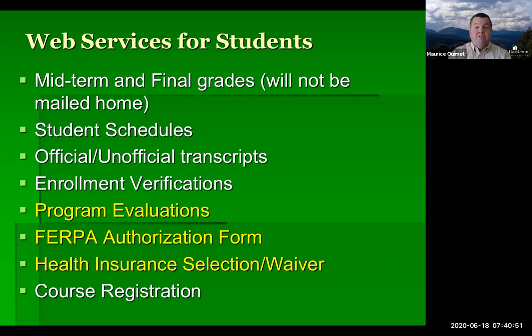For high school students coming right in, you may have taken an AP course, or you may have taken an IB course in high school. If that's the case, you're going to want to make sure you've had your official test scores sent to us. It's simply not enough to have them listed on your high school transcript as courses that you've taken. If you want to receive credit for those, advanced standing at the university, you need to have your official test scores sent to us from the College Board or from the International Baccalaureate Program. You do have to have a minimum of a 3 or higher on the official test to receive credit in